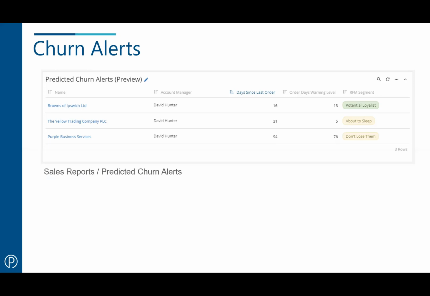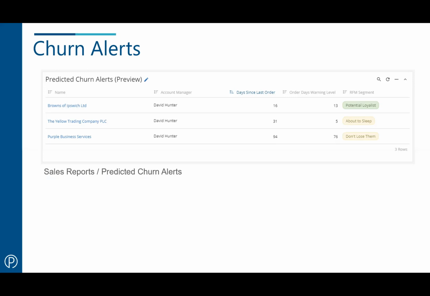So in this example, you can see there's a customer here, Browns, who were 16 days since their last order, and the AI engine predicts that they should order about every 13 days. And because they're a potential loyalist, that's somebody that we might want to talk to. Looking a bit further down, the yellow trading company should order every 5 days.